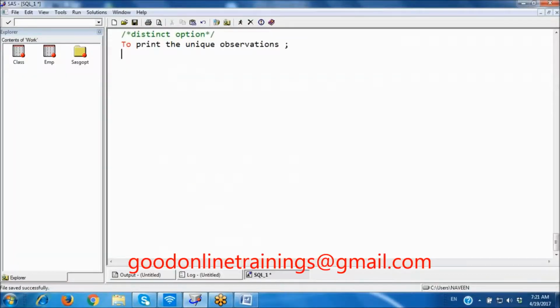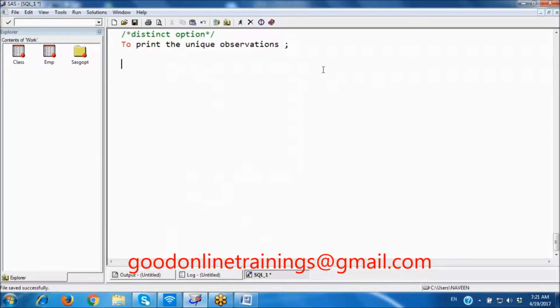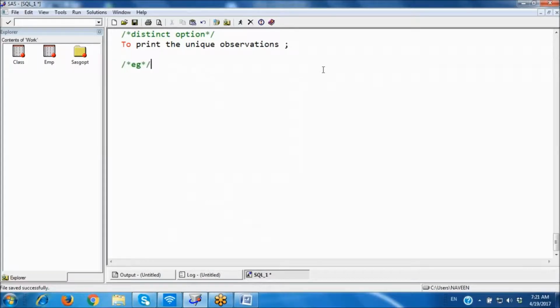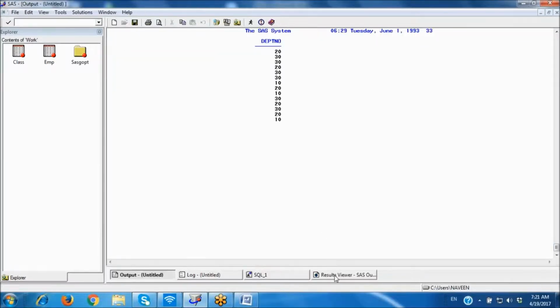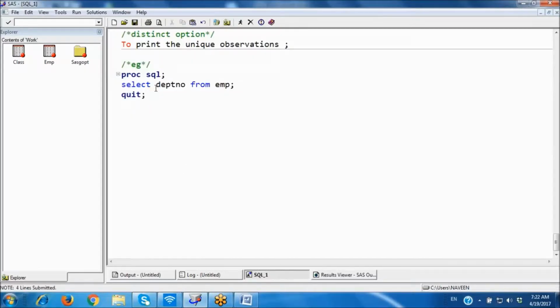Next, the distinct option. So to print the unique observations. It won't print any duplicates here. Now, just I want to know what are the departments in this company, EMP. EMP table, I want to see what are the departments. But see here it is repeating observations. So it would be difficult for you to know what are the departments available. You have to check manually. So if you are writing here